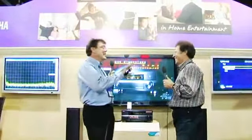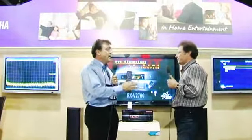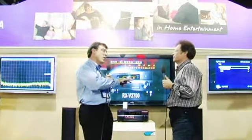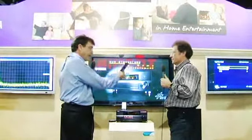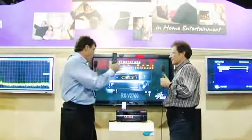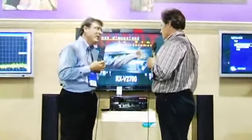But you know what? That's all pretty cool, because we get all this stuff off the internet. But since we're already hooked up to the customer's network, we said, why not give the customer access to all the music on all the PCs in their home? So in your home network, any PC that's on there, the receiver can access that music, play it through the graphic user interface, and listen to music. So we can play with iPods. It has a USB connector on the front. It has the internet radio capability, the PC access capability. You can get music from absolutely...